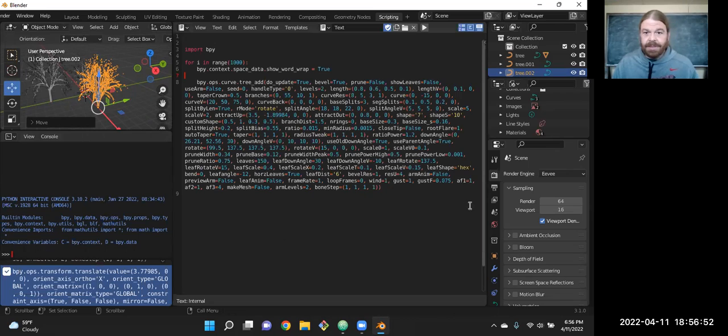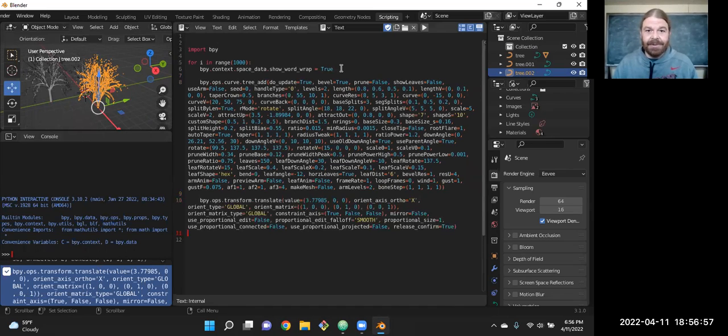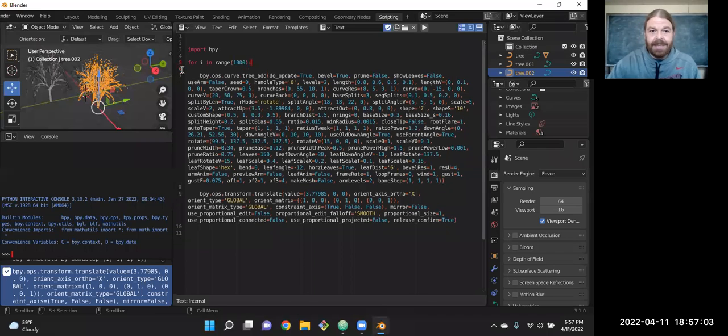There we go. So there's our normal move instruction, which has a lot to it. But we know that's the instruction to insert a tree. We could go through here and adjust some of those numbers, but y'all know what to do there, right? So make that, instead of 55 times I, make that 12 times I, so that all our trees get different number of branches and different curve lengths or curve resolutions or custom shapes. And we can just adjust all those numbers based off our counter, some normal Python stuff.